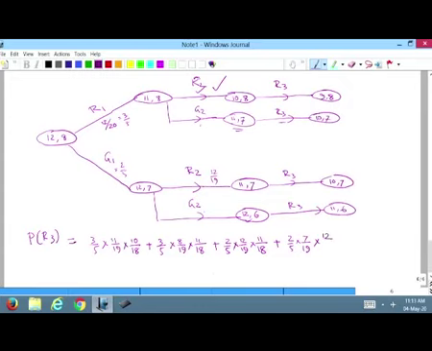So, that is 12 upon 18, which is equal to 1 upon 5 into 19 into 18